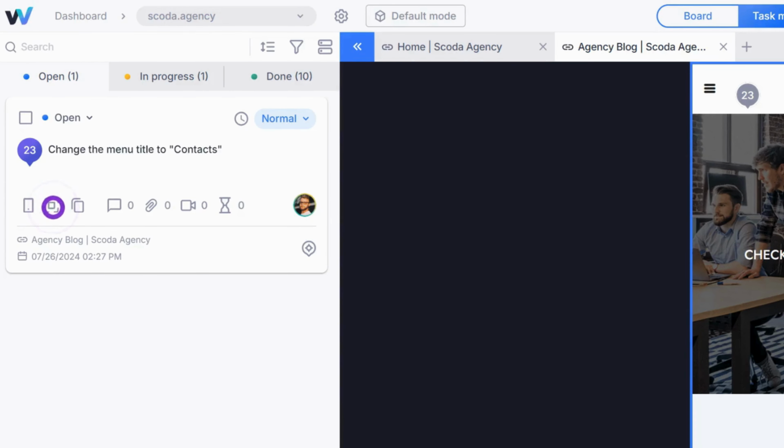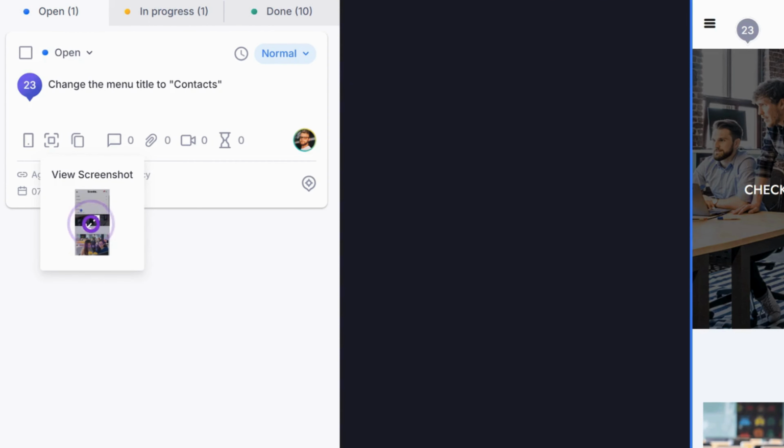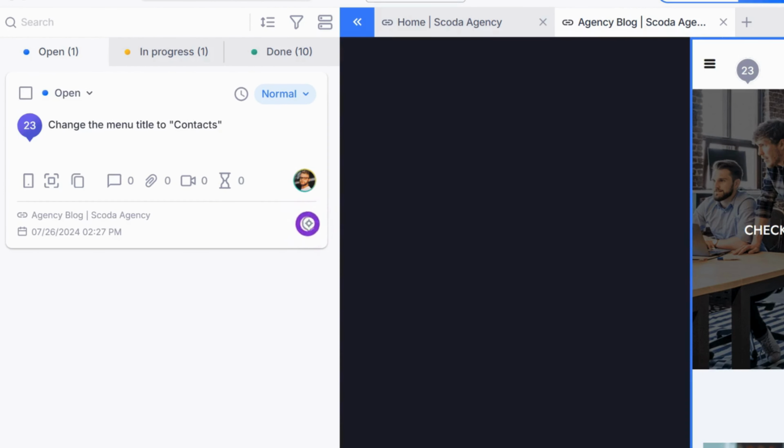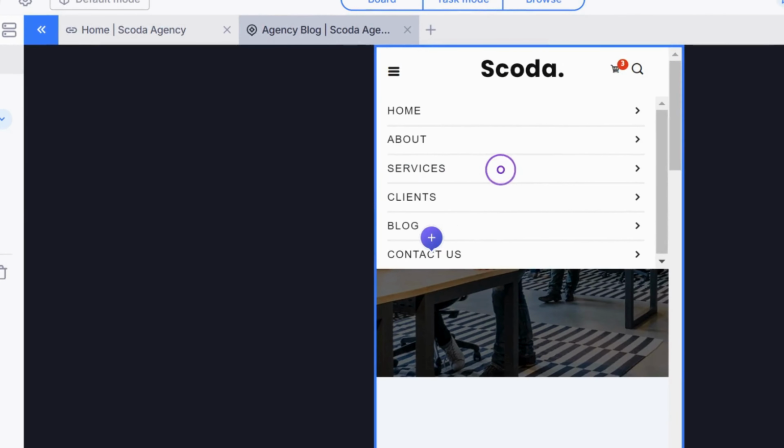Click on the screenshot thumbnail to view or download a screenshot. You can preview the page in the state when the task was created and see the task marker on the hidden element. Click here to see the task snapshot. Here we go. You can preview a live snapshot of the task at the time it was created, even after